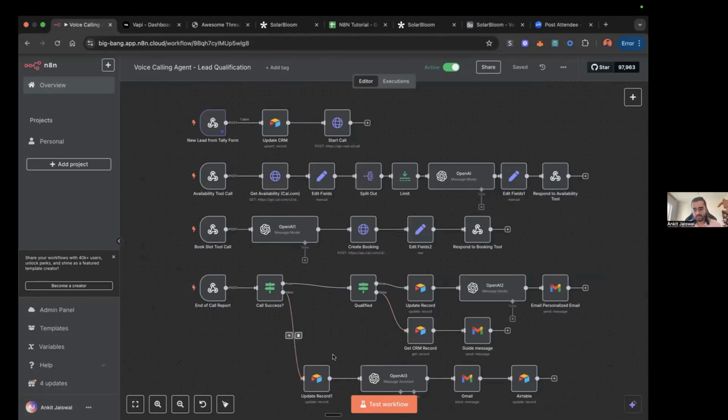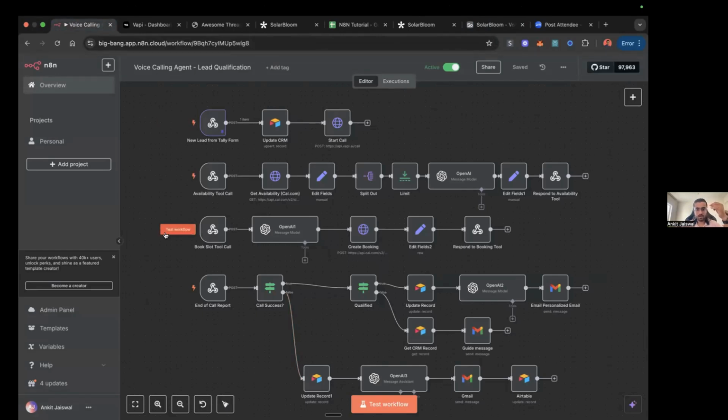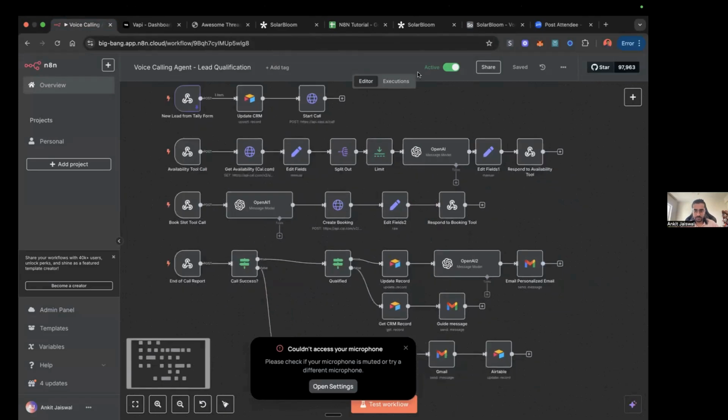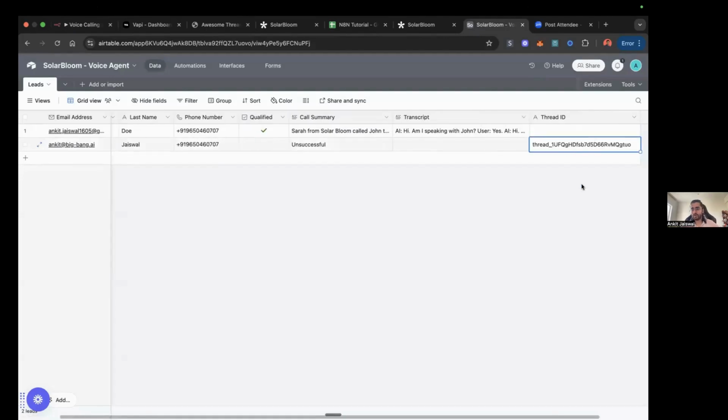Secondly, if the call wasn't successful, if the person didn't pick up the call or disconnected the call, it will update the CRM first that the call was unsuccessful. Then it will send them a mail that we tried calling you, are you still interested in the services? And then it is connected to some other assistant, which is a separate workflow. You can see here there's a thread ID so that it continues the conversation with the client. If he says yes, I'm interested, then it texts him,